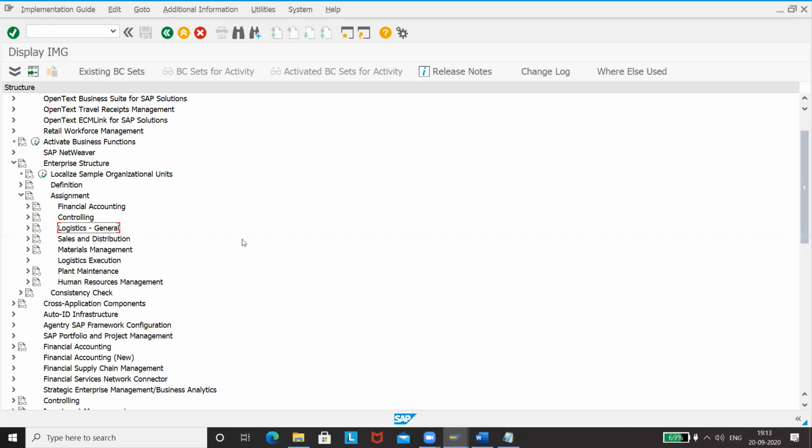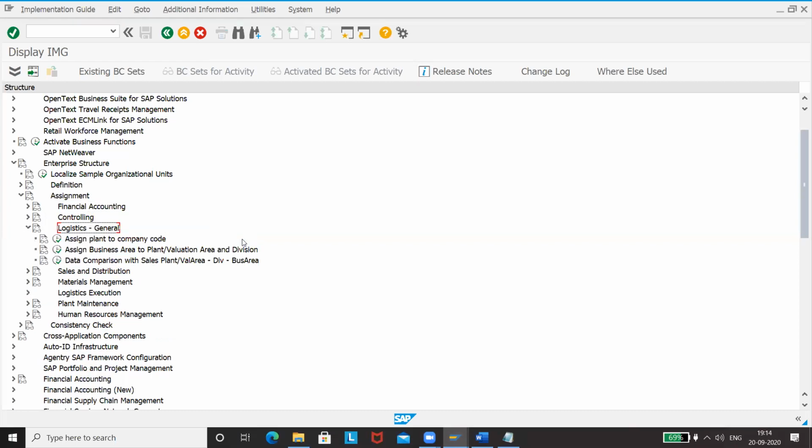So now that is as well not needed. Now these two we don't need to maintain. Well, this we will maintain at a later time. There is nothing to be maintained here. So we are coming here to logistics general. We have only 4 things to be maintained. With that, most of our work will be complete. So let's do it here.